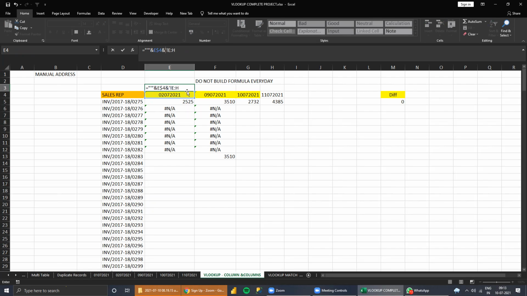Then ampersand, concatenate. Then put a single quote, exclamation mark inside the inverted comma. Then again, after the exclamation mark, again an inverted comma. Then ampersand, concatenate, then single quote, sorry, double quote, double quote. That's all. You see here, it looks as though we referred to this.